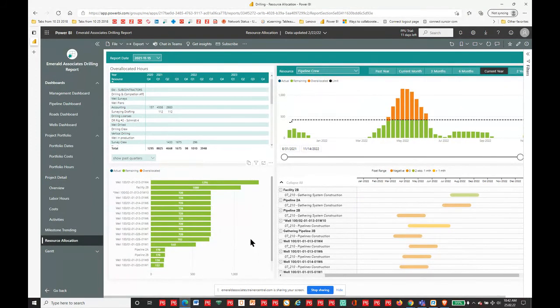Now, our pipeline crew, this one had an overload last snapshot. We knew that. We've put some steps in place to try and address a little bit of that, and we'll look at the new snapshot in just a second. But when you're looking at an overload like this, you can get a lot of very valuable information off of